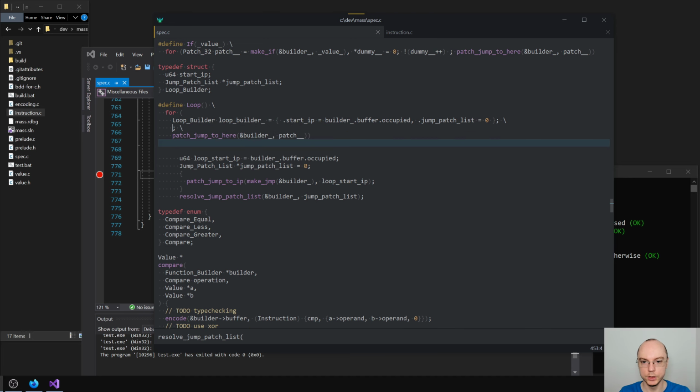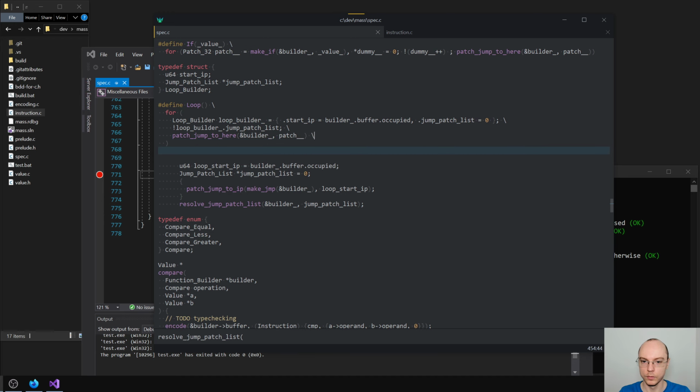Now we need our condition, and the condition will be loop builder jump patch list, or rather not loop builder jump patch list. And as the last thing that we do, we will